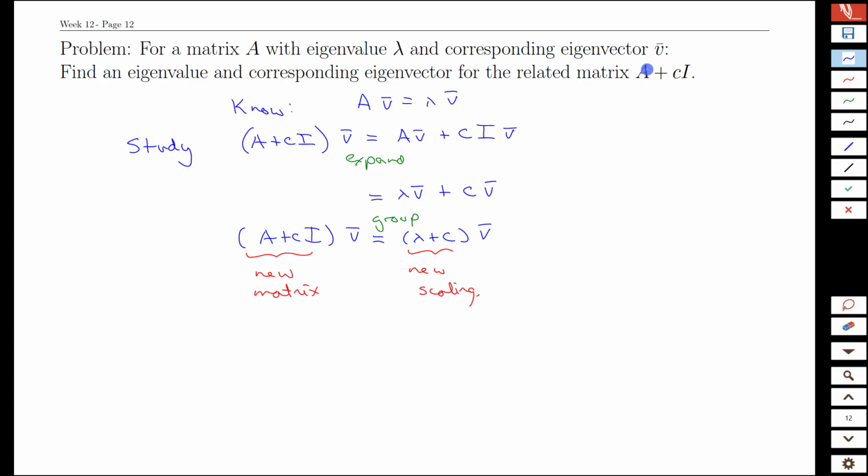So if we happen to take a matrix and add some multiple of the identity matrix to it, so we add things down the diagonal, we're going to get that v is still an eigenvector. So v was an eigenvector of A, but v is also an eigenvector of A plus cI, this new matrix,